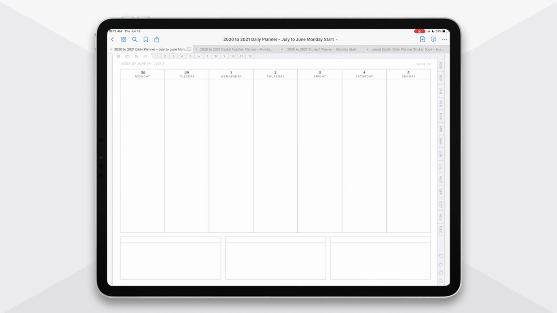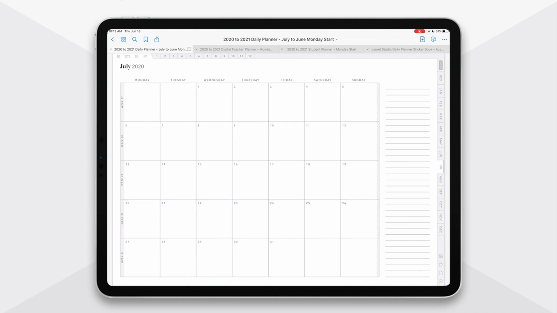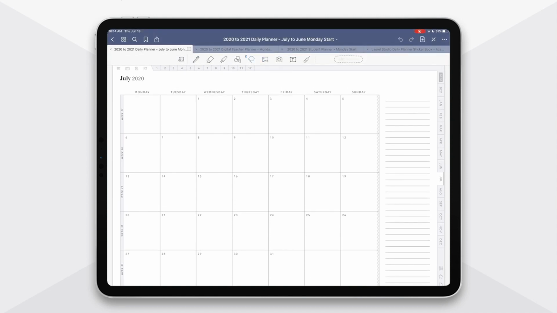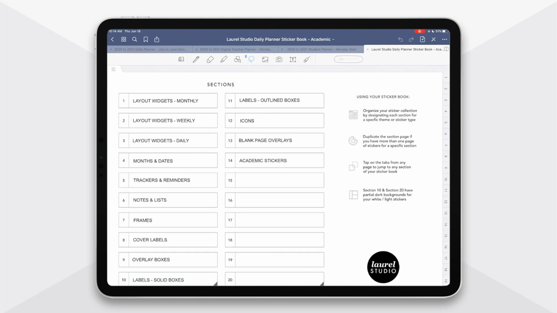Now, when we look at these pages here, I've left spaces on these pages blank for the purpose of being able to cater them to your needs. And I do that through what I call widget stickers that fit perfectly into those spaces on the page. Let me show you what I mean by that. If you tap into the month here, you can see the core of the page is right here in the middle where I'm doing all of my planning, but I also have this space over on the side that I could just use to write notes on, or if I want to, customize it a little bit to my needs,